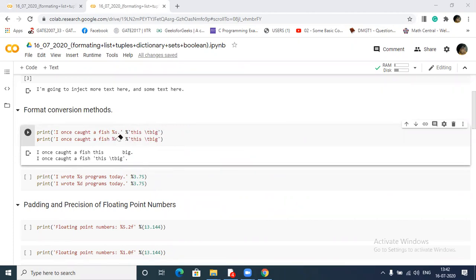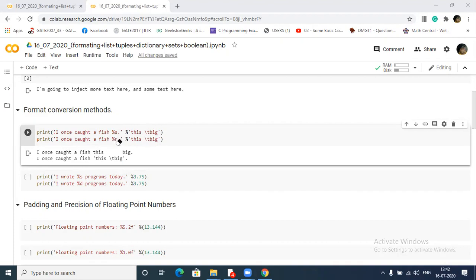So the difference: if I use the %s specifier, then this slash t is called a format character, and the format character will perform its task.